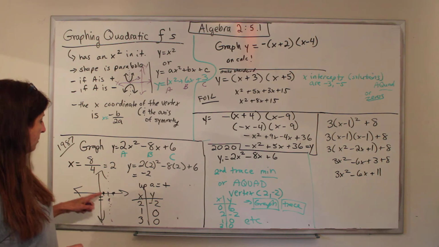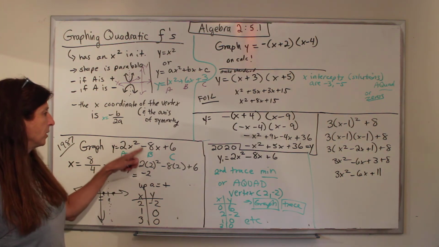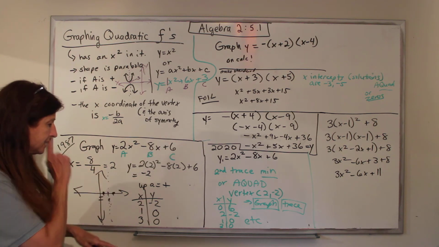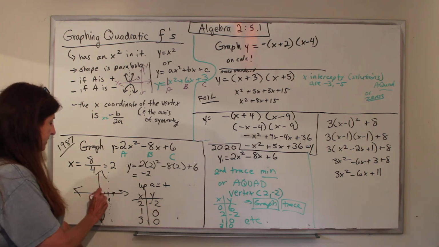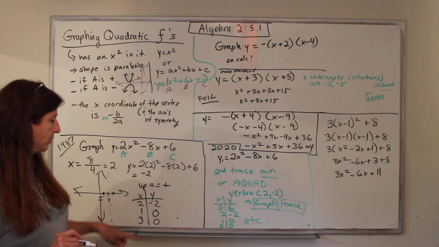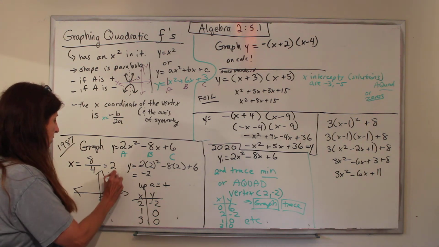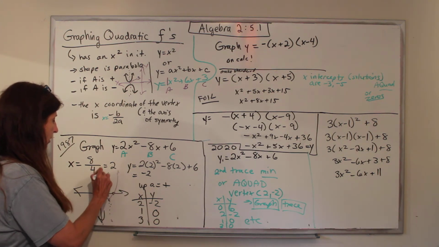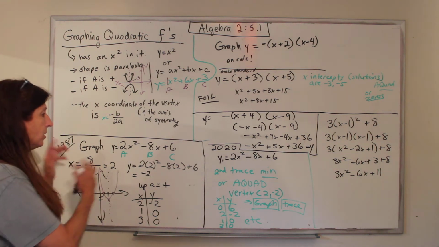And then you say, well, what about if it's 1? You go in and you say 2 times 1 squared minus 8 times 1 plus 6, and that's 0. And then you go, well, if this is 0, probably the same distance on the other side is 0. You try 3 and it's 0. And you keep doing that until you get enough points to draw your parabola. Whoop. Okay. That's not how I want you to do it. It takes too long. I want you to understand it,